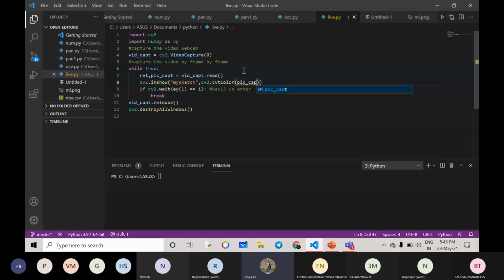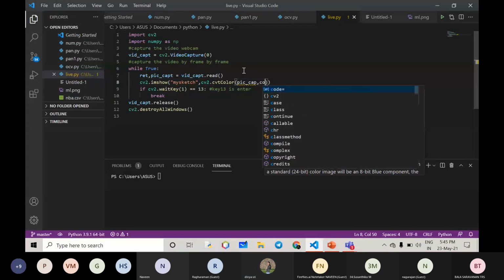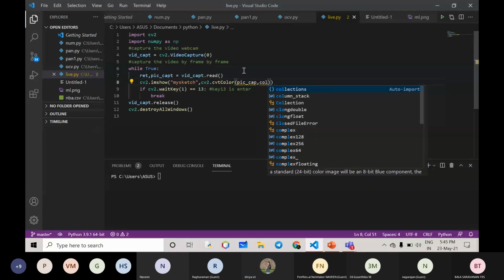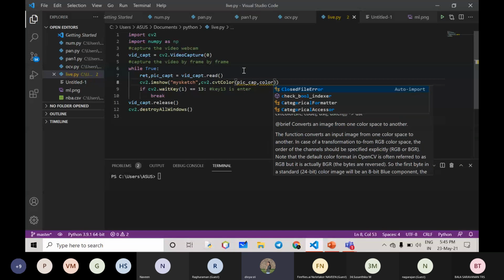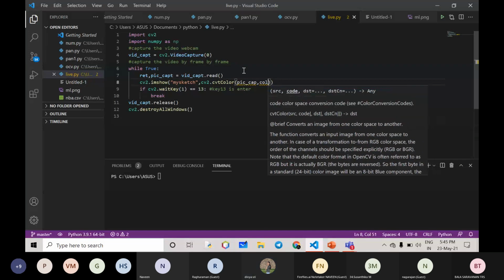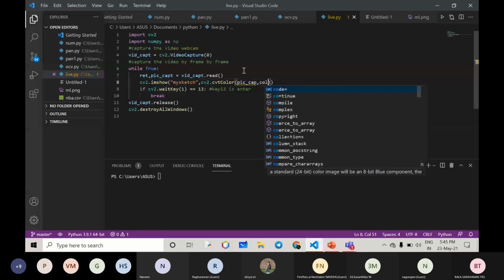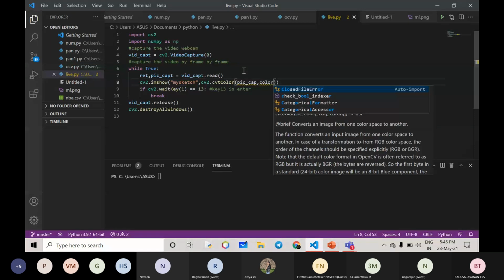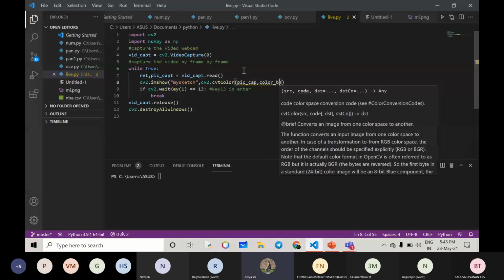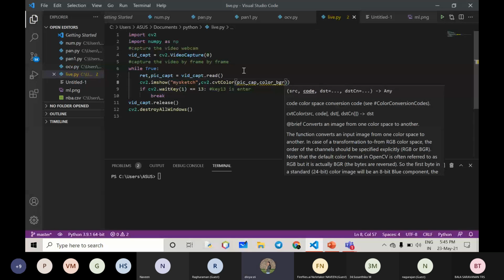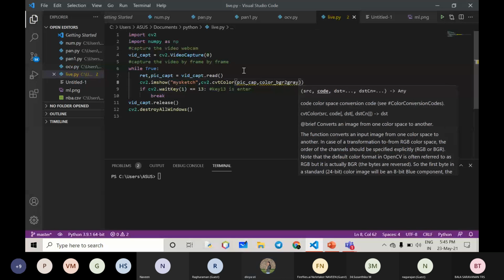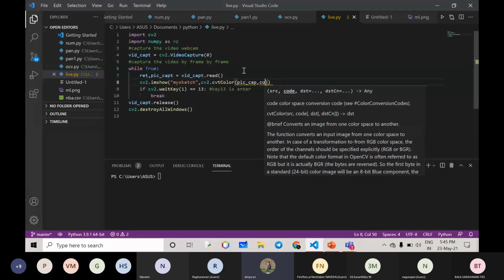So picture capture, comma, color underscore BGR to gray. I think it is showing some error.